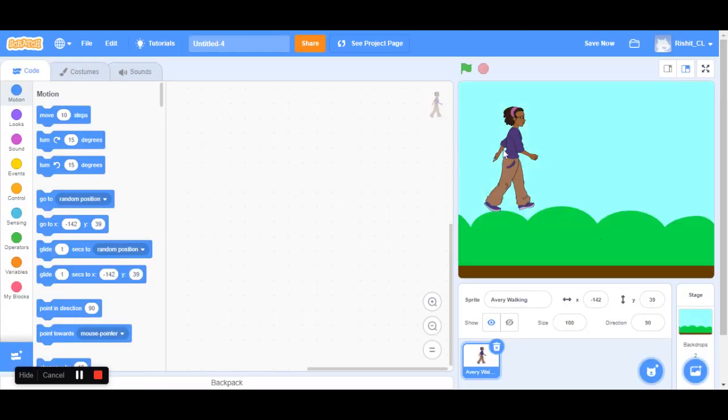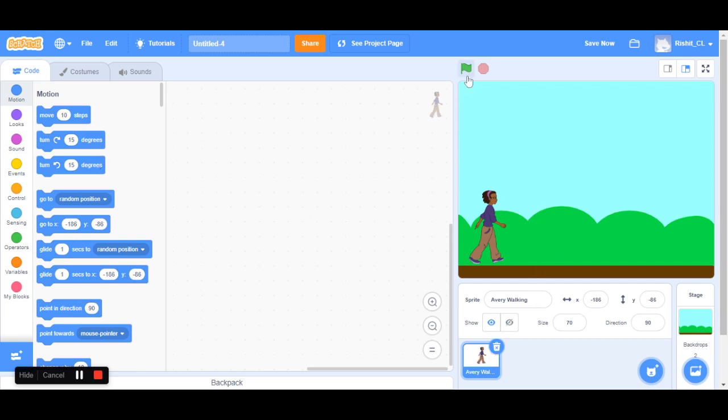So fine, we just put the blue sky and we want to put it over the ground. So over here, but she looks a bit too big, so we can just change the size of the character. So let's put it like 70. So it becomes this small, and then certain sprite characters, as I mentioned before, have looks or motion in it. So this character has a walking motion.